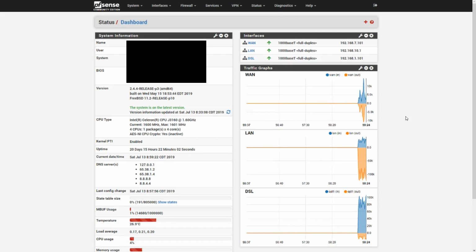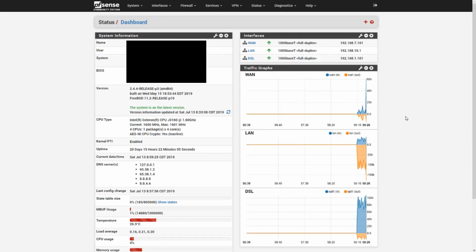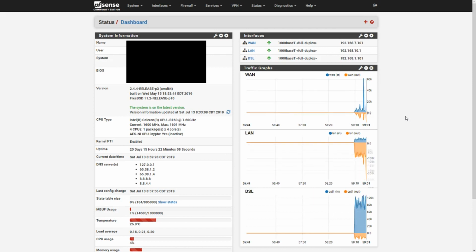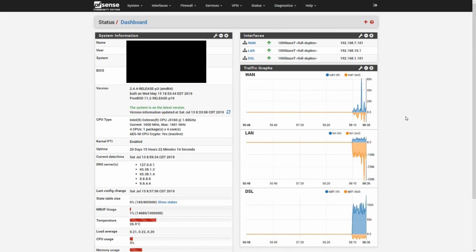Okay, today we're going to look at multi-WAN setups with pfSense. A lot of times people are going to use this for WAN load balancing. So you have a couple of connections that are about the same speed and you want to load balance connections